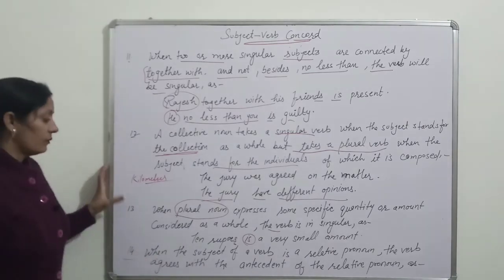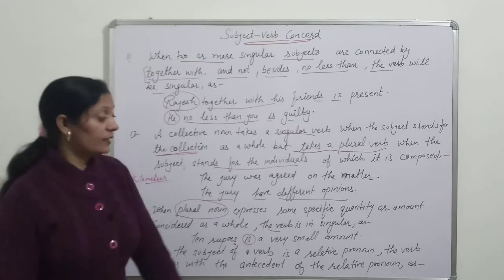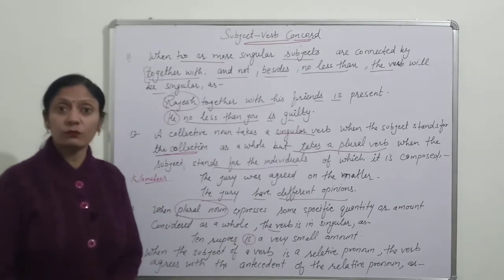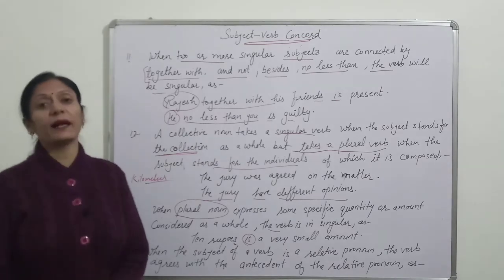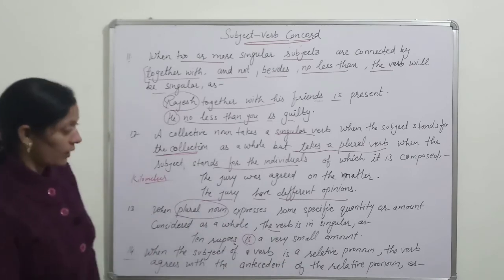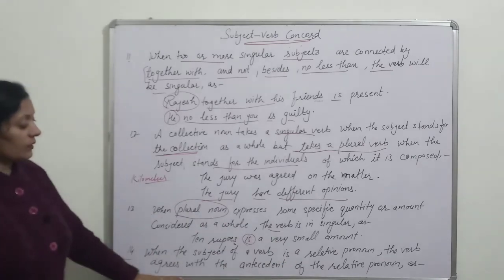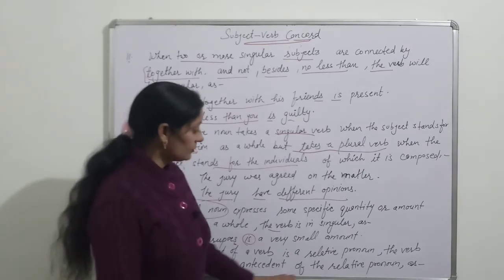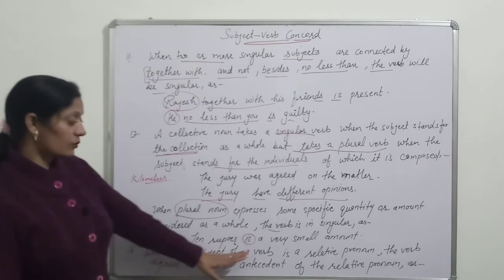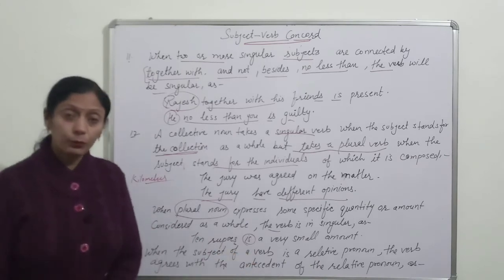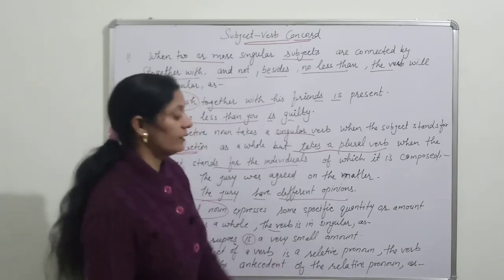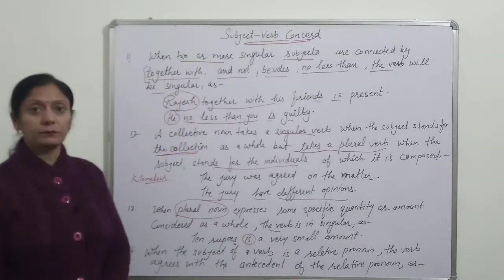Last one is when the subject of a verb is a relative pronoun. Relative pronoun means who, whom, that, what. When the subject of a verb is a relative pronoun, the verb agrees with the antecedent of the relative pronoun. Okay, when the subject of a verb is a relative pronoun, the verb agrees with the antecedent of the relative pronoun. For example,